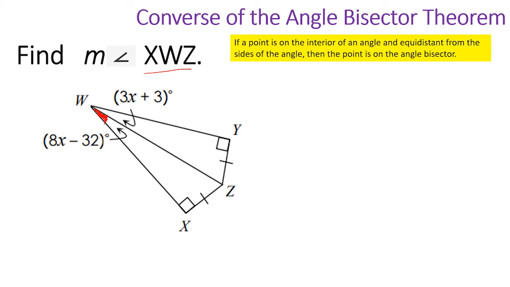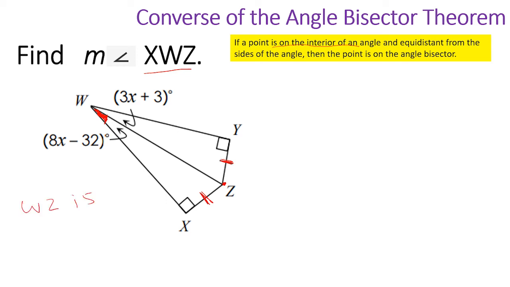It says if a point is on the interior of an angle, so we could say Z is on the interior of the large angle XWY, and it is equidistant from the sides of the angle, and we see here that Z is equidistant from the sides X and Y because we have these congruence marks, then the point is on the angle bisector. So we can conclude that WZ